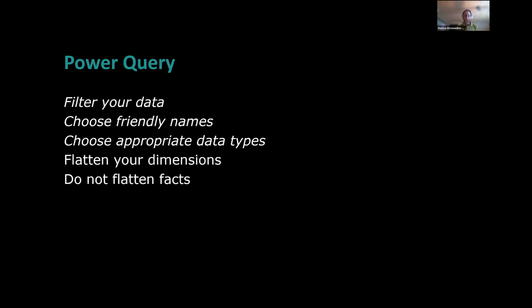And please do not flatten the facts. The facts stay normalized. The reason for that is because the facts are really, really long. We do not want them to be very wide, because every byte or bit we add in our fact table means that we add huge amounts of data into the model. So if you think about 1 billion rows, and we add 1 byte to the fact table, that means 1 gigabyte of data. So 1 billion bytes of data is 1 gigabyte. So every byte we add to this table with 1 billion rows, we add 1 gigabyte of memory. And of course, we should avoid this.